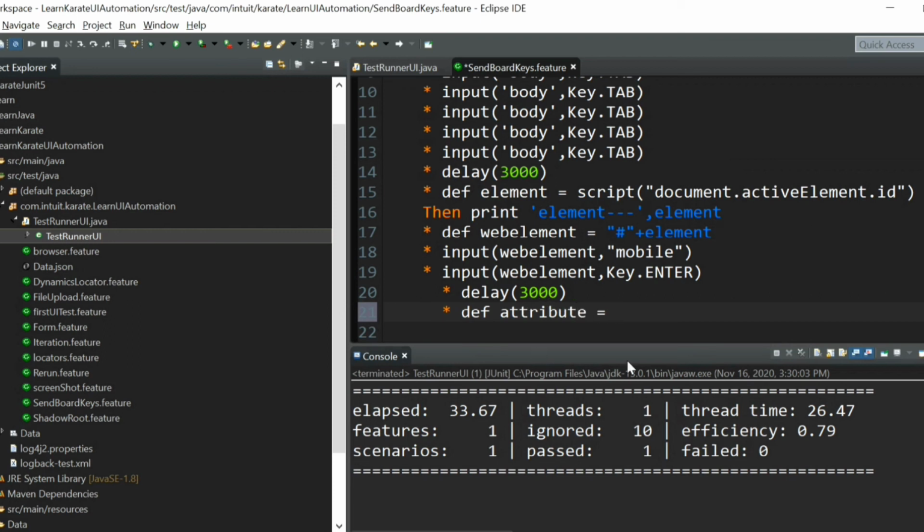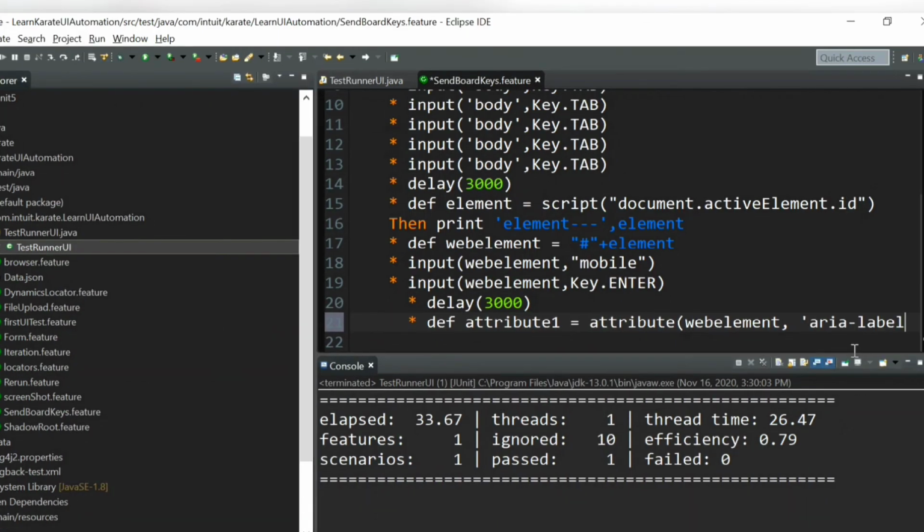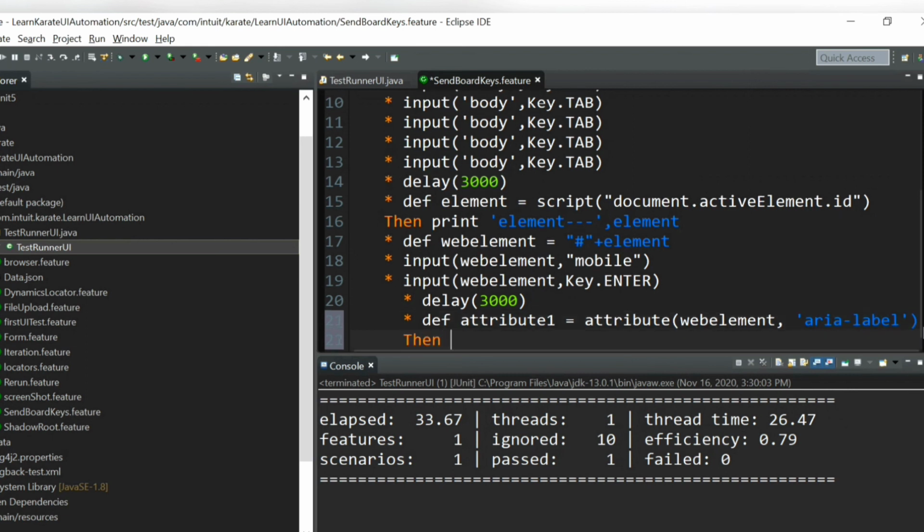Equal to, so attribute, let me give attribute 1, and this is the function that you can choose, attribute of, and the first argument should be the web element path, that is this one. Okay, and the next should be the attribute name, that is area label, and we'll print this value.